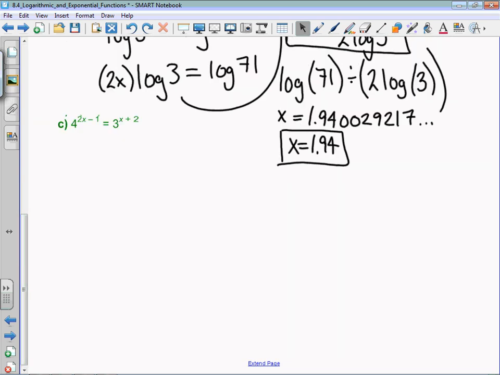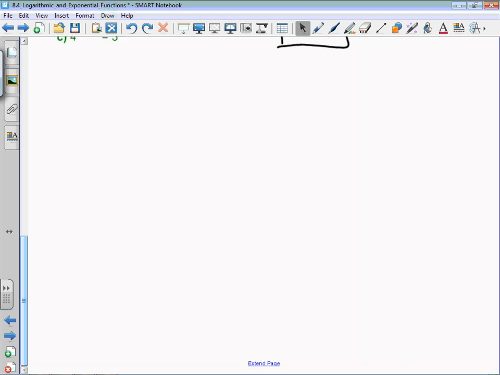And it is difficult. There's a lot of manipulation required. Again, importantly, the 7.3 technique fails. You cannot write 3, or easily you cannot write 3 in base 4 or vice versa. So we are going to immediately, because we have a single base on both sides, I'm going to introduce that